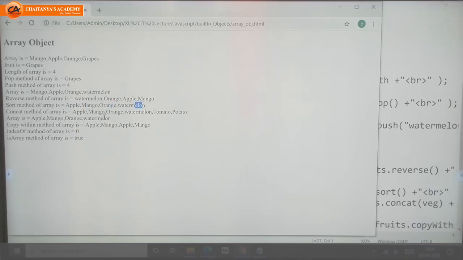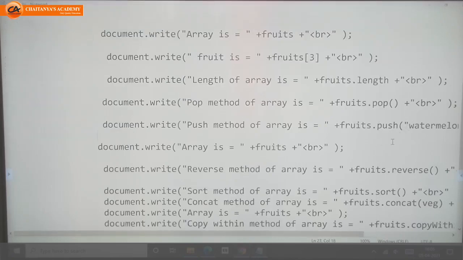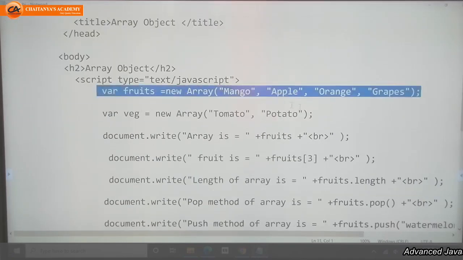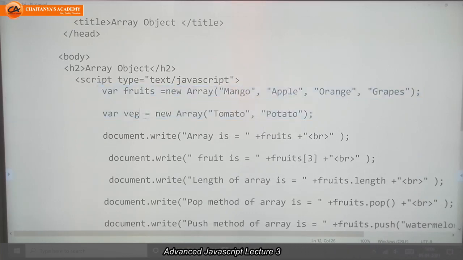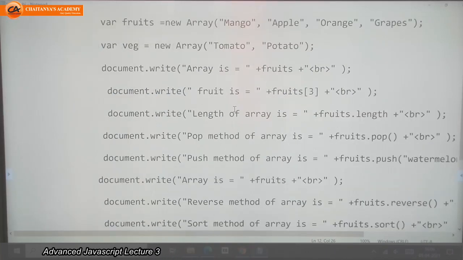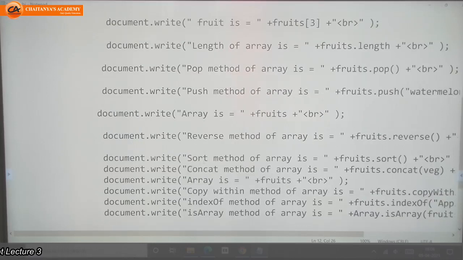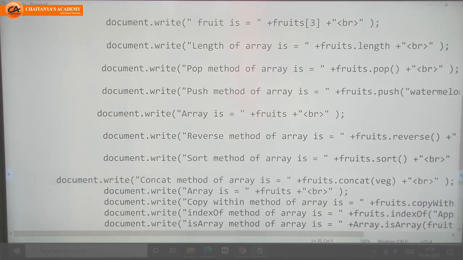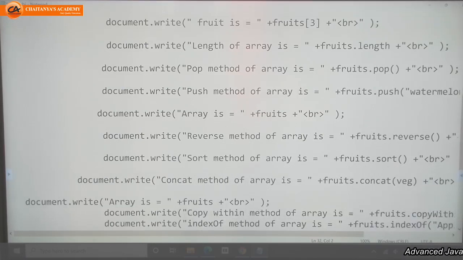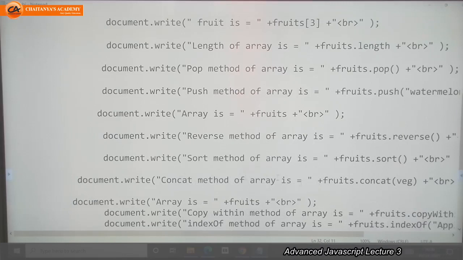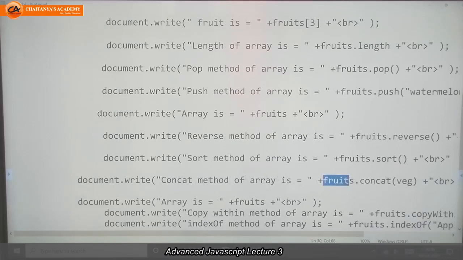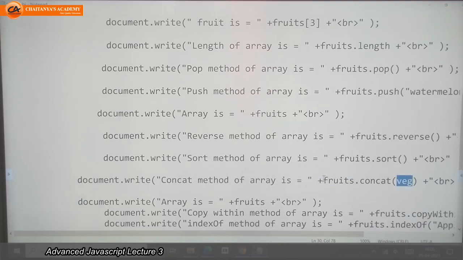Next method is concat method. For that purpose I need two arrays. First is fruits, second here I initialize veg. These are two different arrays. If I want to concat them, I write fruits.concat(veg), which means first it will display my fruits array and after that it will display the veg array.